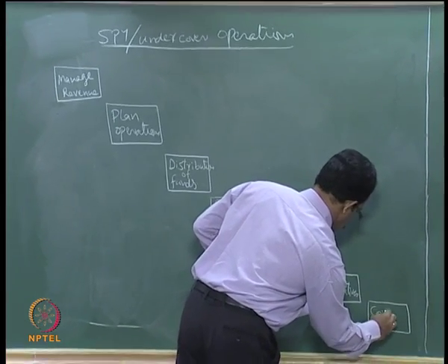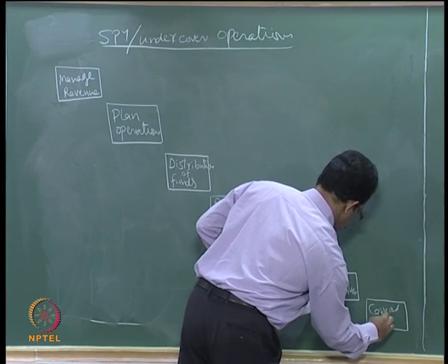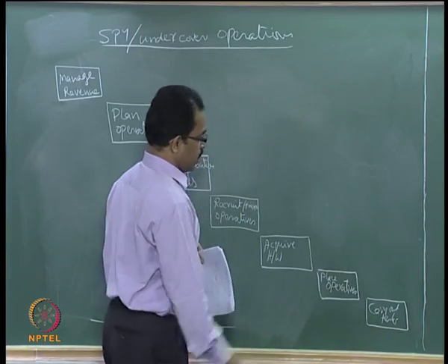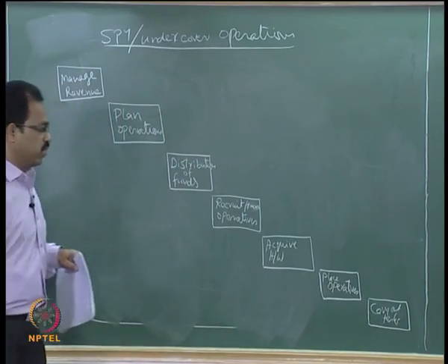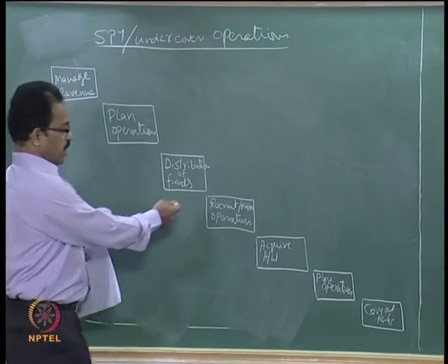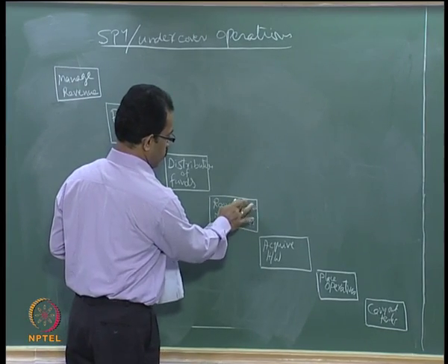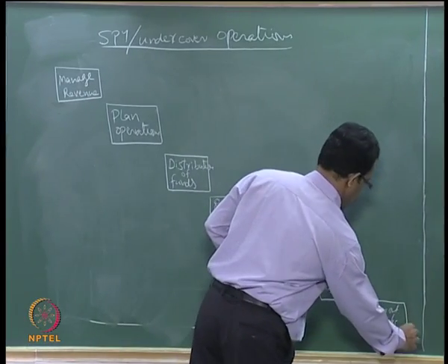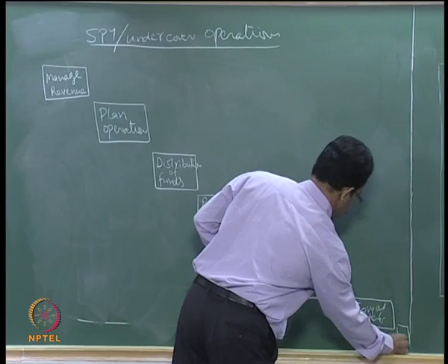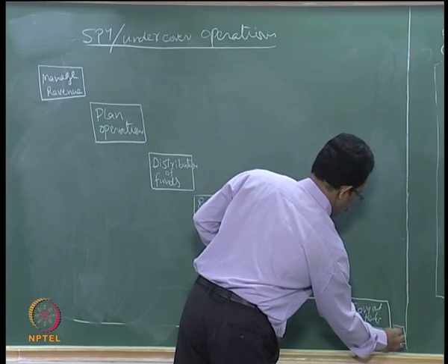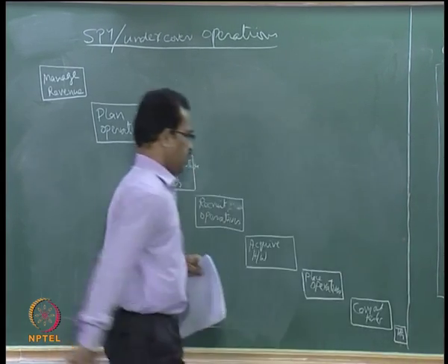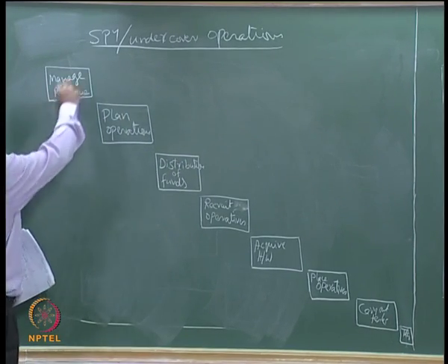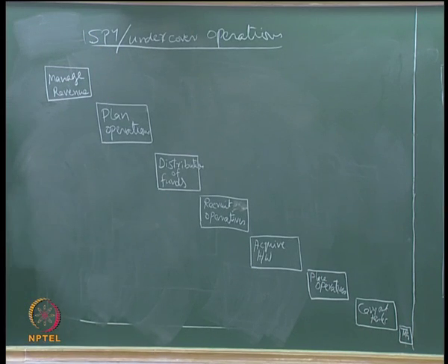And carry out task. And there may be another additional function also, a separate training function can be added, but depending on whether they recruit and train as a single function, or recruitment is one particular function and training is another one, then they will be having another function called training also. So I am putting it as TRG, training. So these are the main functions which you can identify with any kind of operations where they want to limit